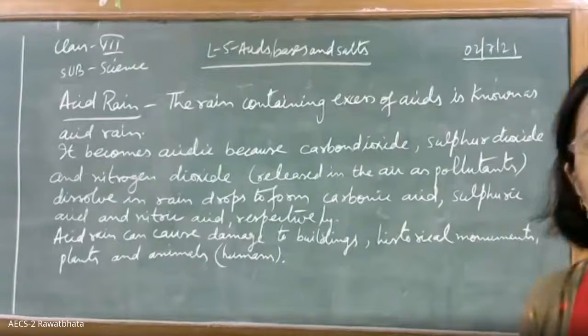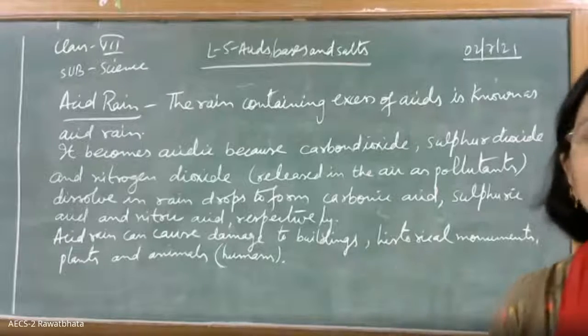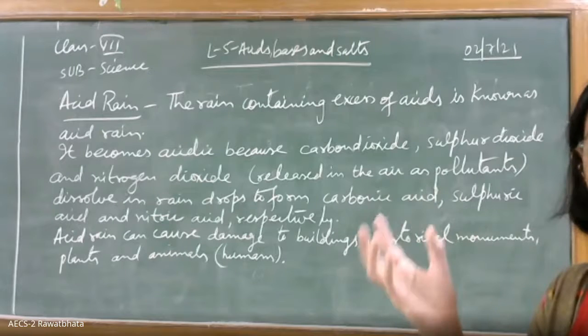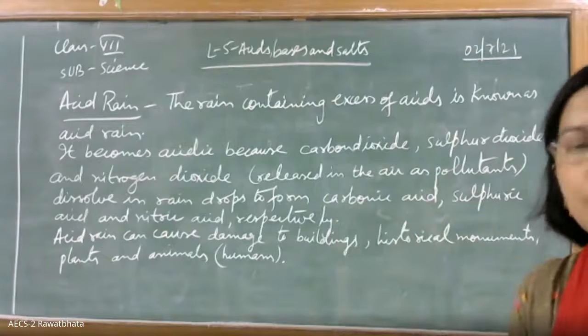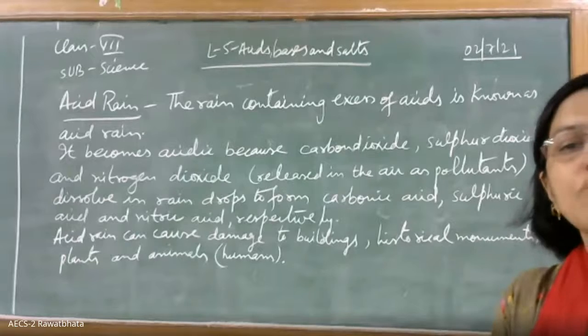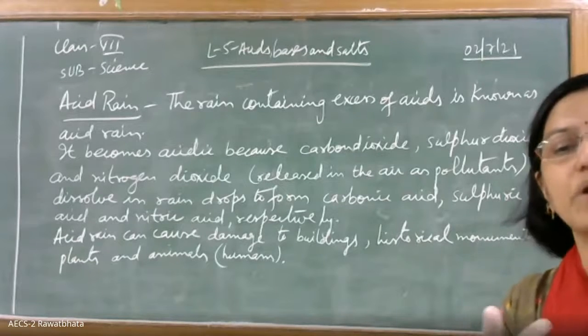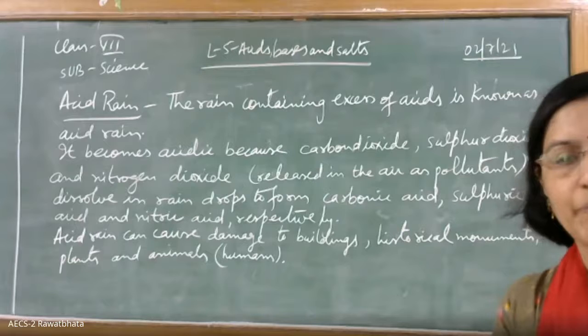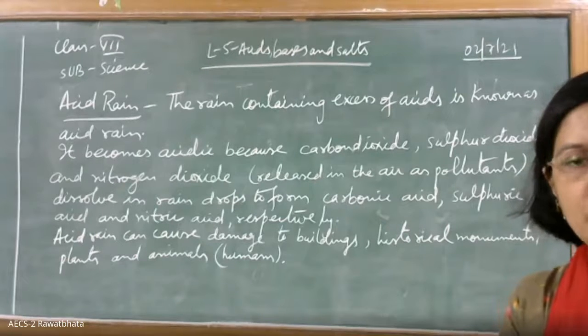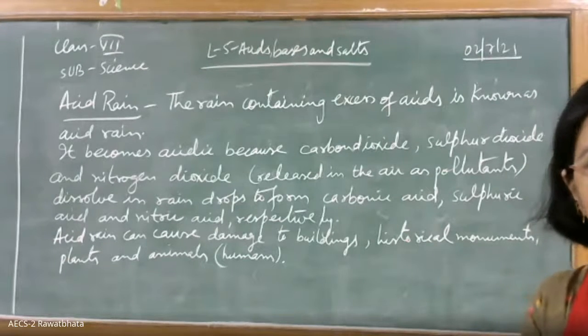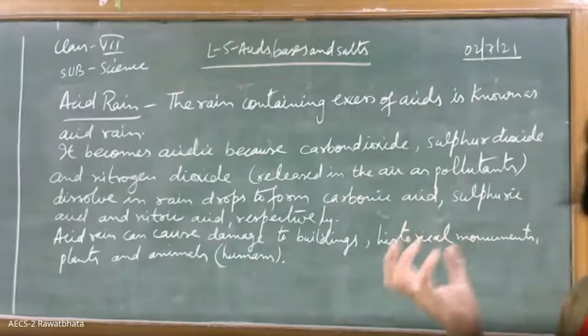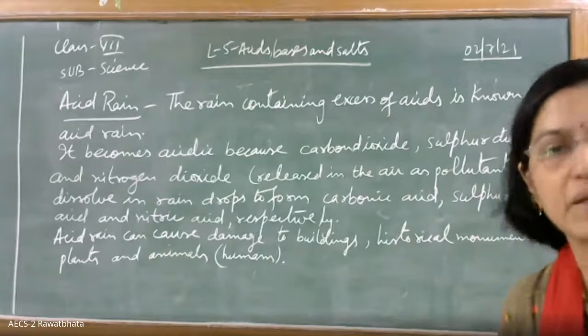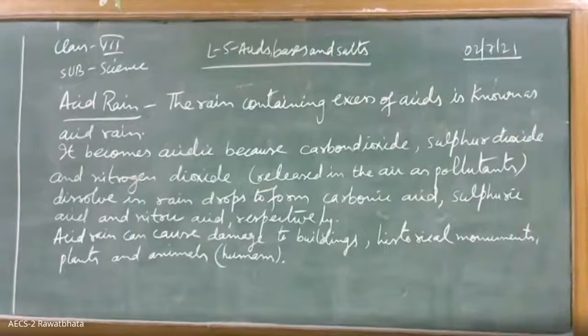Is it going to combine anytime? No, it cannot combine anytime with water. Actually, these compounds need some source of energy to join. And that source of energy is available only at the time of thunderstorms. That means lightning. That actually releases the energy to join these compounds together to form acids. And then they fall down towards the ground in the form of acid rain.